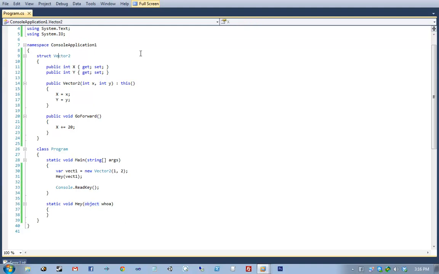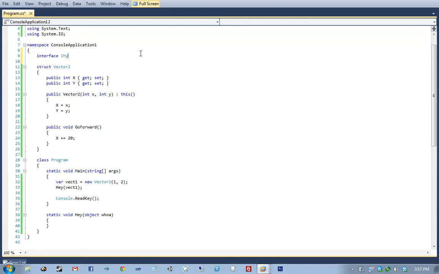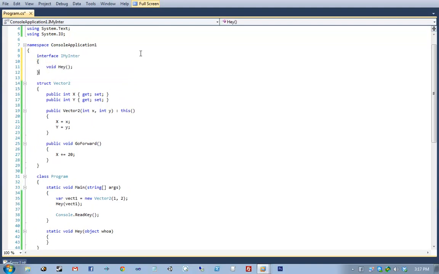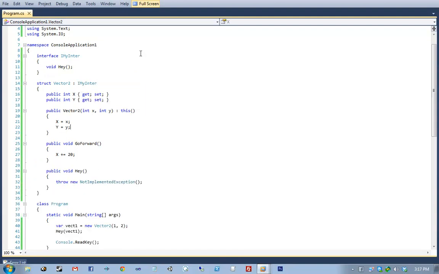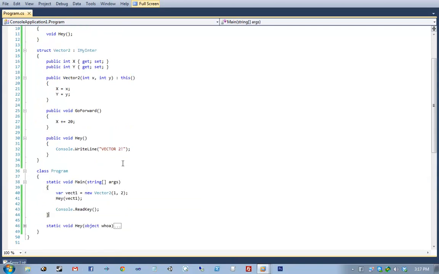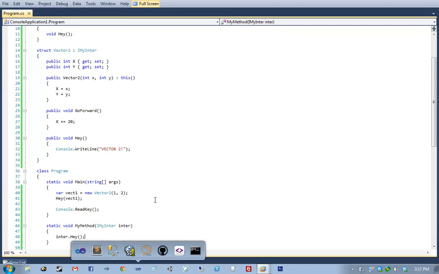Another interesting thing would be this. If I had another method that took in an I_my_inner, keep in mind, interfaces are reference types, but we are allowed to implement interfaces in structs.